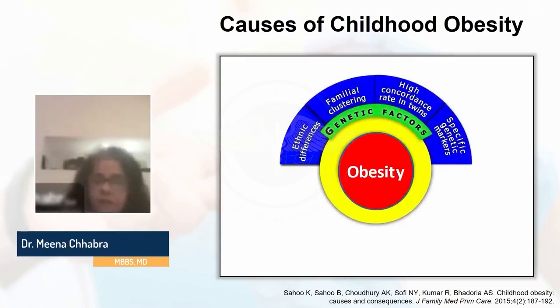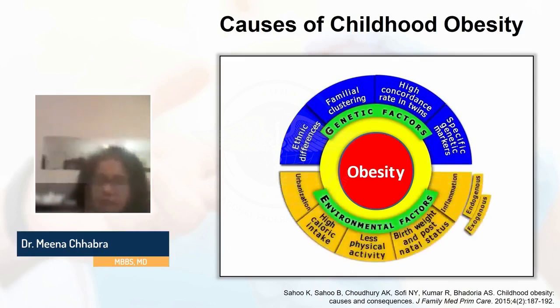And we've seen lots and lots of increase. We've seen an exponential rise in obesity, which couldn't be only because of genetic factors. We've also noticed that thin parents have an overweight or obese child. Now, what are the environmental factors? There are many, but here we will discuss high calorie intake,